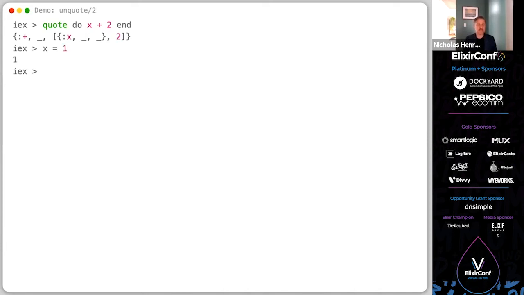So we're going to bind 1 to x, and we're going to execute our quote again to see what happens with x. Oh, okay, nothing. So that's demonstrating that variables outside of the quote context will not pollute the AST.